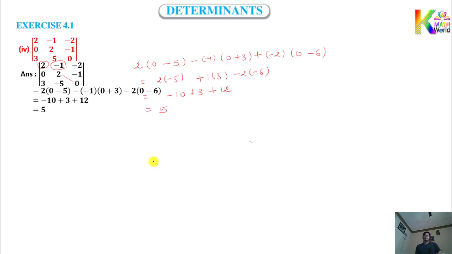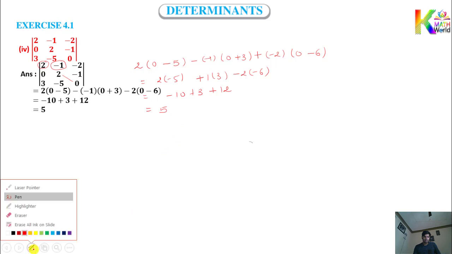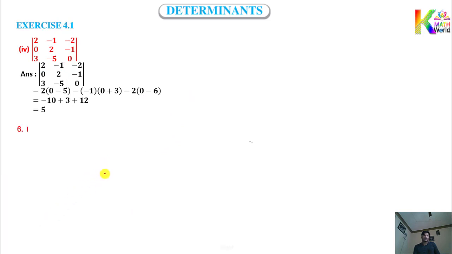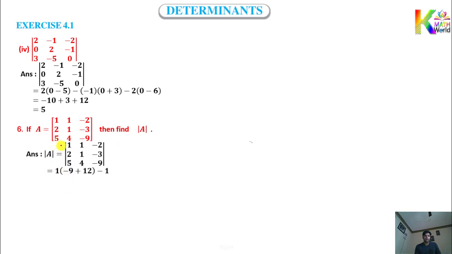Now I am going to rub this. See the next question. You have to get the value of determinant of E. Now almost similar questions are going on, so move quickly. So with +1, what is left? Eliminate first row, first column. So 1 into -9, that will be -9. Then 4 into -3, that will be -12. But due to that minus sign, it becomes +12.